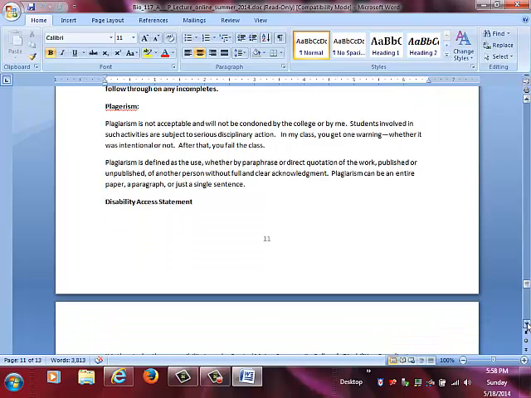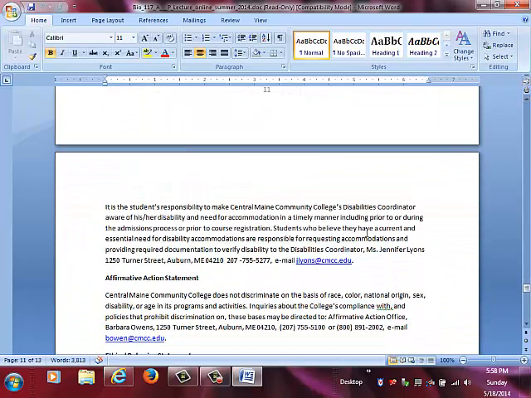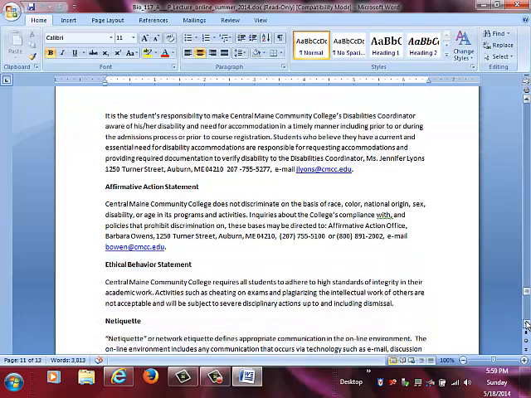There's a disability access statement, and the coordinator, if you're going to request accommodations, disability accommodations, the contact person is Jennifer Lyons. Her phone number is here. Her email address is here, jlyons@cmcc.edu. We are an affirmative action campus. To talk about that with a campus official, you would contact Barb Owen, and her email address is